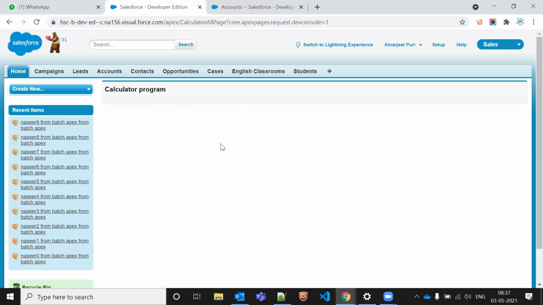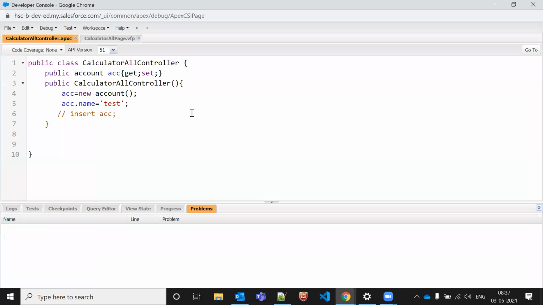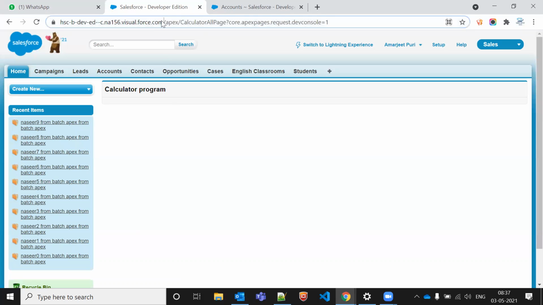There should be some operation, right? Do you mean by refresh it should insert the account? Yes, once you insert the account, how else will it happen? That's what I'm saying. Let's say my requirement is once I'm refreshing the page, my account should be inserted automatically to the database.